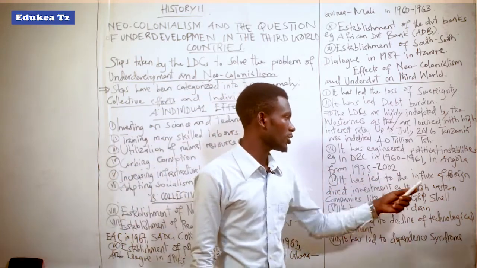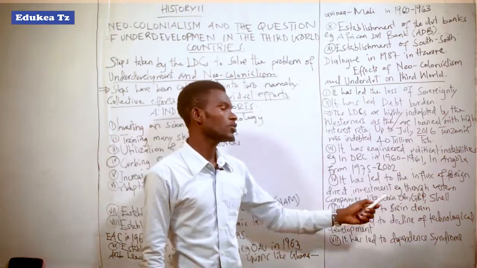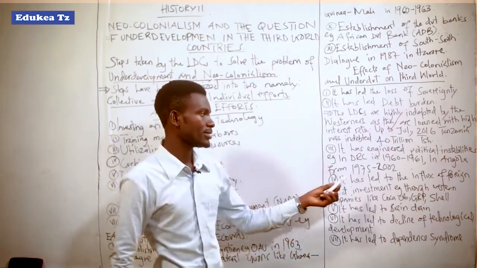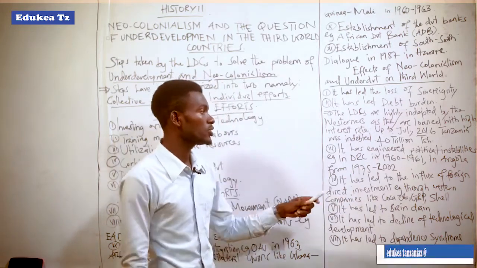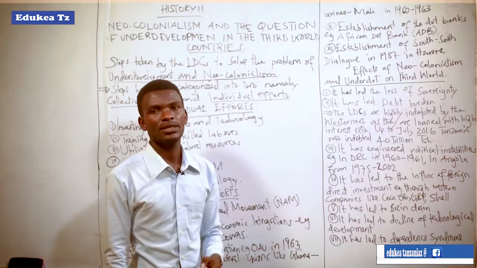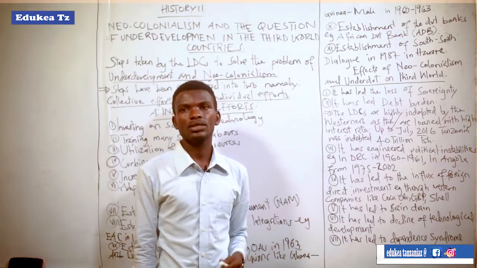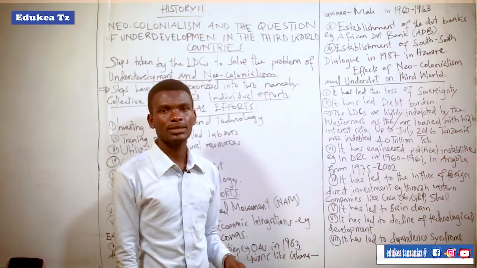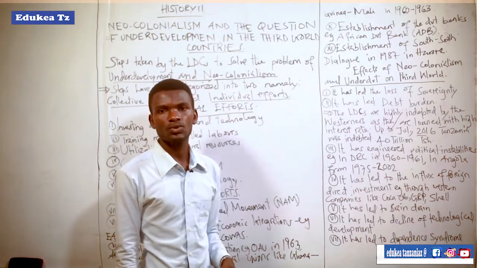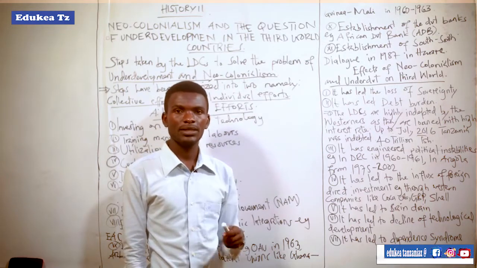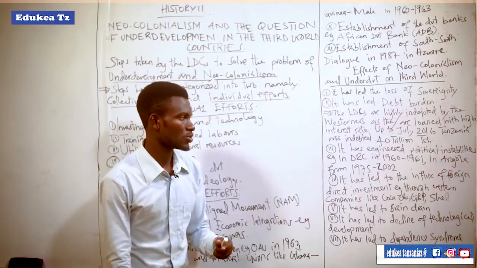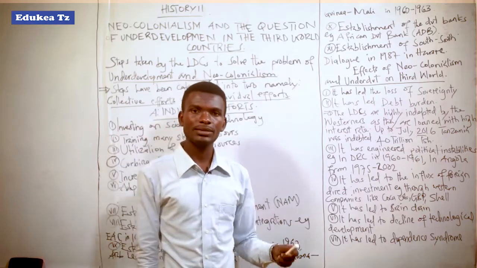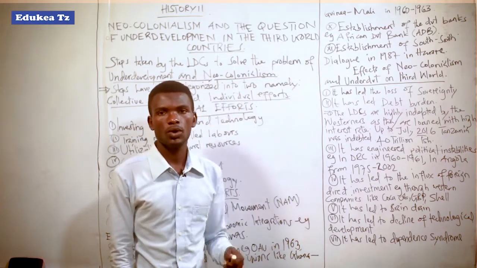Another example is in Angola from 1975 to 2002. It means that in Angola there has been political unrest whereby different political leaders have been in conflict with each other so that they can get into power, and those leaders were supported by the Western imperialists or Western countries, so that after attaining power they will assist them to attain their interests or their influence